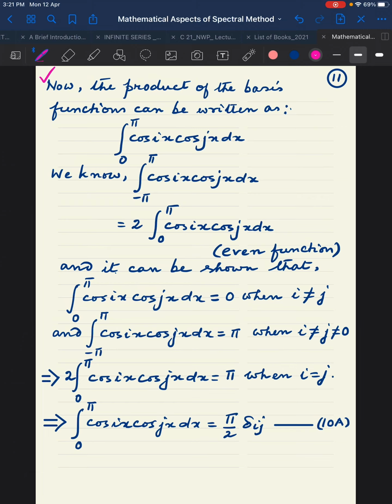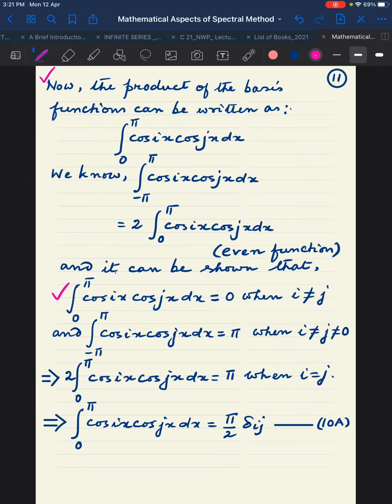So instead of taking the limit from minus pi to plus pi, we can take 2 times the integral 0 to pi cos ix cos jx dx, and it can be shown that integral 0 to pi cos ix cos jx dx equals 0 when i not equal to j, and minus pi to plus pi. Please note the limits of the integrals. First one is 0 to pi cos ix cos jx dx equal to 0 when i not equal to j,